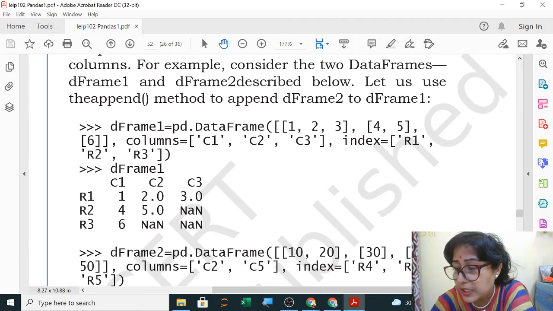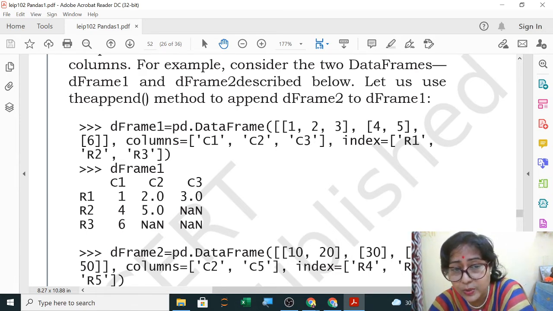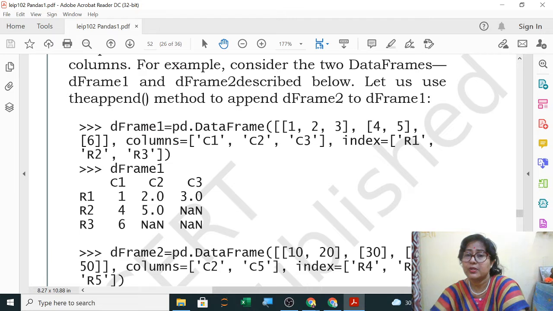We have already studied that wherever you do not give any value, it is NaN. NaN means not a number. So here NaN is stored in C3 for R2, where we haven't given a value. In the same way, in R3, C2 and C3 are stored as NaN. Clear? So this is over.